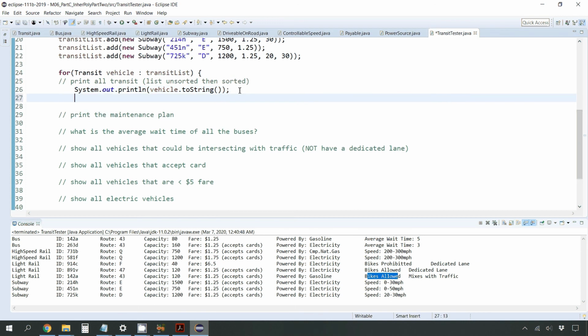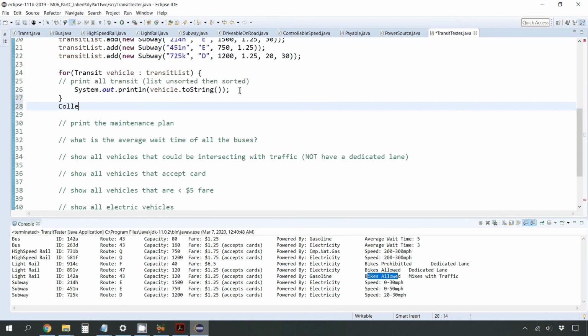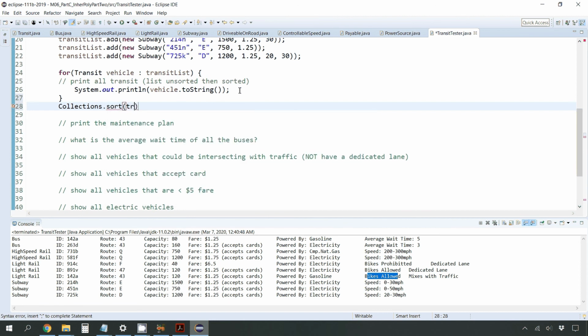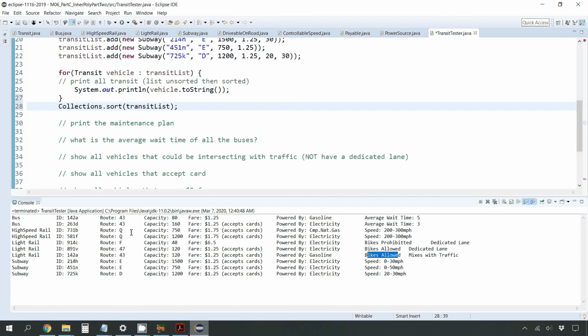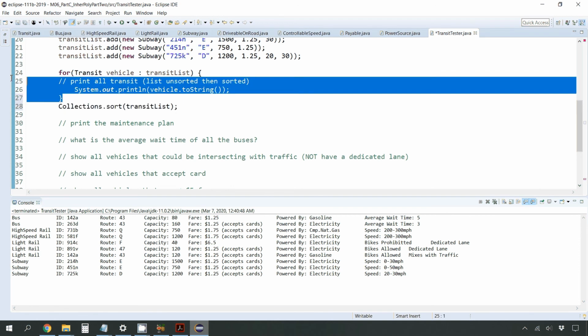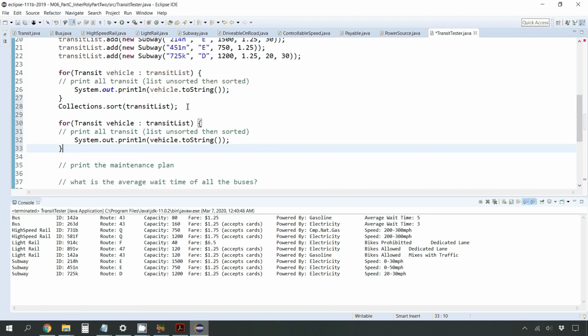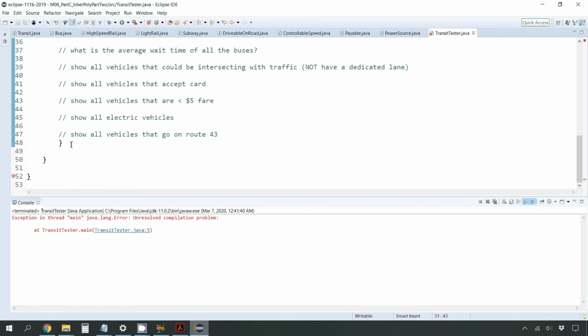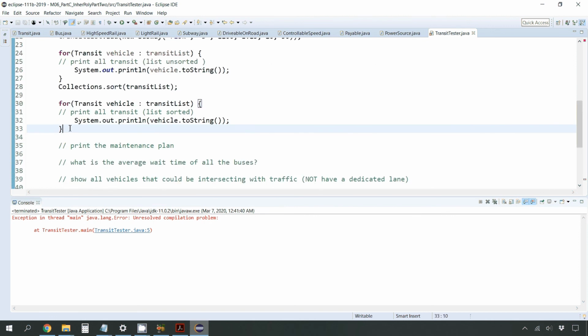So actually, I do want to create a new loop because I wanted to sort that. So I then want to sort my list. And I can do that because my transit class implements comparable. So I am allowed to sort it. So you can see now the list is in the order that I added the objects to the list. But if I sort and print again, you will see that they are then sorted by